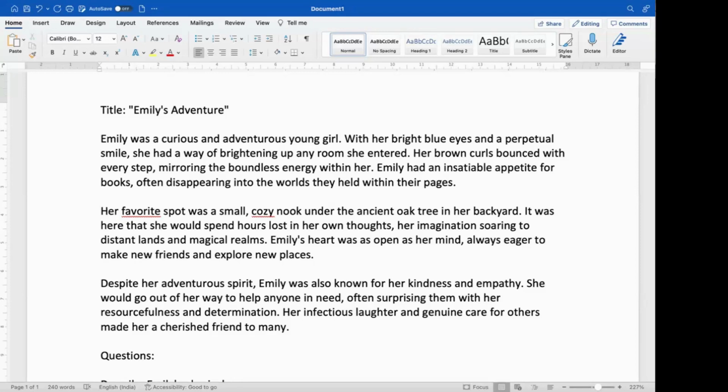Okay, what can you write about her smile? Describe her smile. It says infectious laughter. Can we state that about her smile? Yeah, you can.